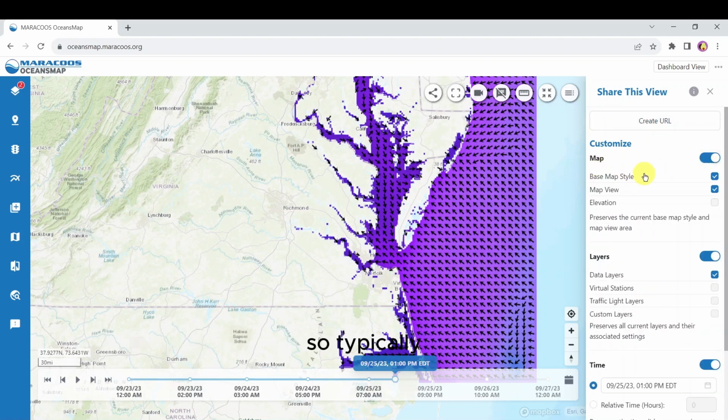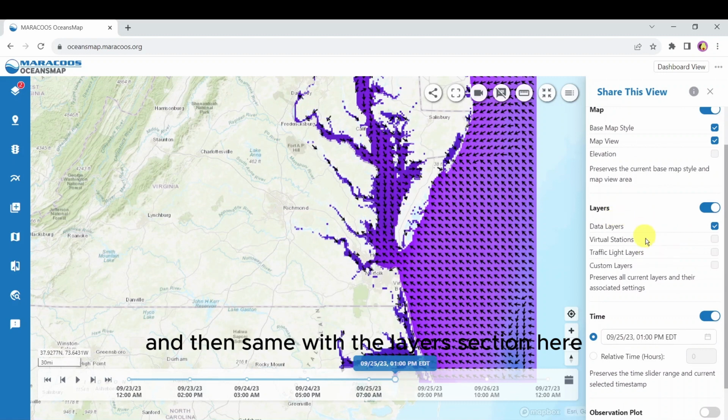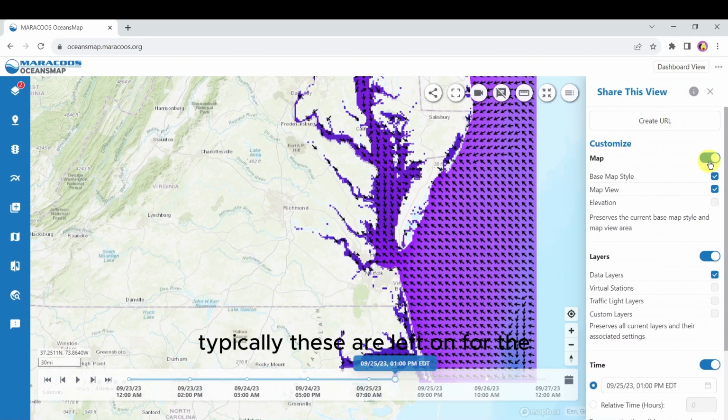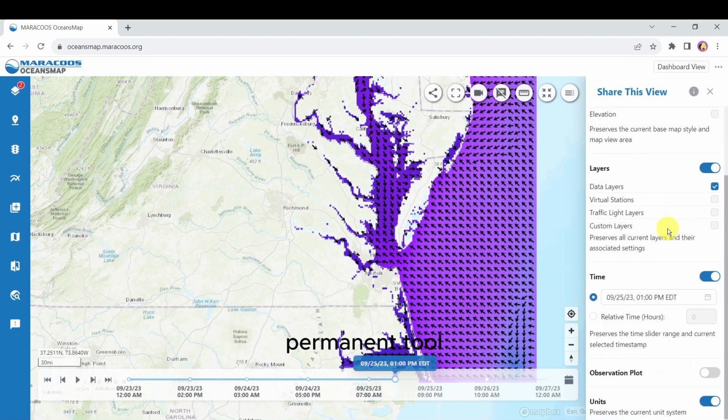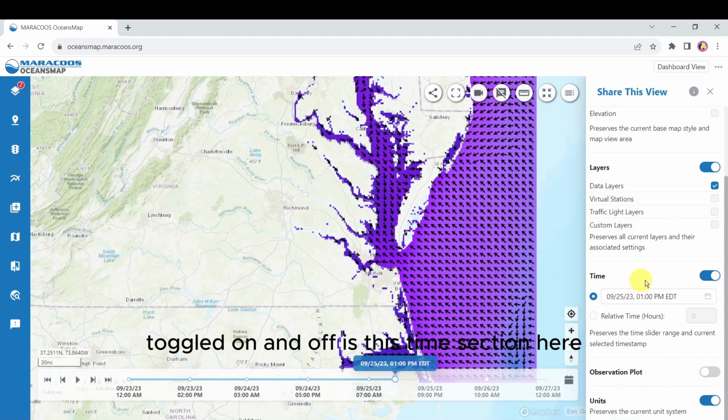And then same with the layers section here, with this turned on, it will always show this wave height and wave direction layers. But if the user doesn't want to show these, they can turn this off. Typically these are left on for the Permalink tool, but one that is often toggled on and off is this